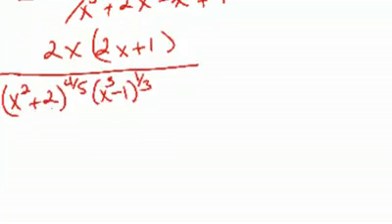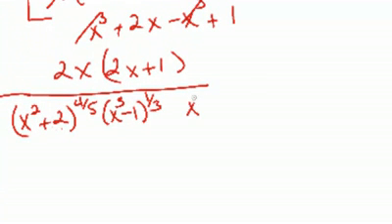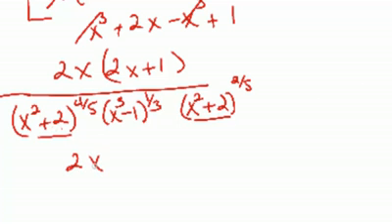So that would be the x squared plus 2, and it was to the 1/5. So when you have 1/5 raised to the second power, it becomes 2/5. You multiply the powers. And then you notice that these two are like bases, so your final answer should be this here. Actually, you know what? I can distribute. You can distribute if you want to, or leave the numerator the way it is,